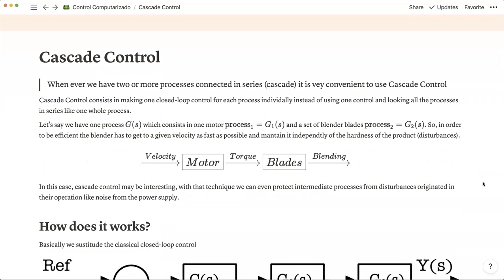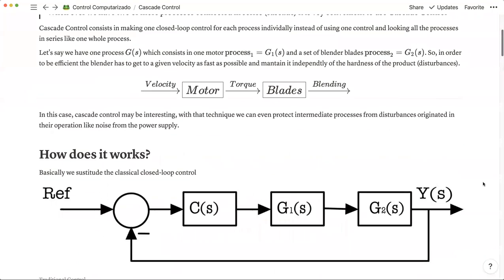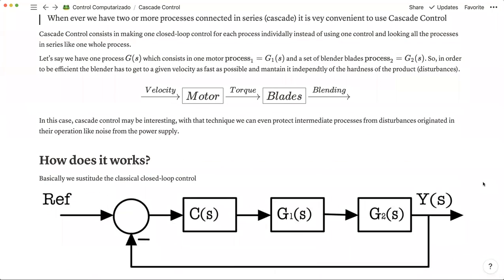Whenever we have two or more processes connected in series or cascade, it is very convenient to use Cascade Control. Cascade Control consists in making one closed loop control for each process individually instead of using just one control for the whole process. Let's say we have one process G of S which consists in one motor